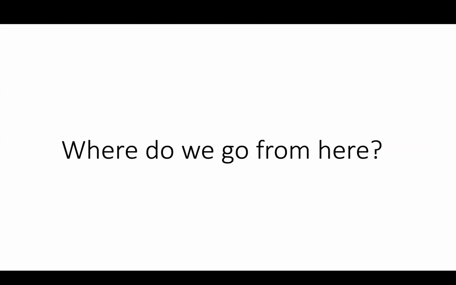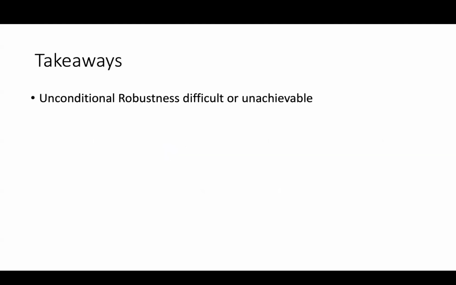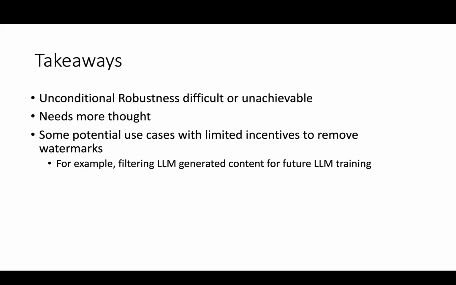So okay, where do we go from here? Let me try to conclude. The takeaway is that achieving robustness is really difficult or unachievable, as we saw in the impossibility work. And given all these laws and the harms that are coming in, a lot more thought needs to go into developing these watermarking schemes. We don't have a clear understanding of the applications and what properties are going to be essential. There are reasonable, legitimate cases where robustness is